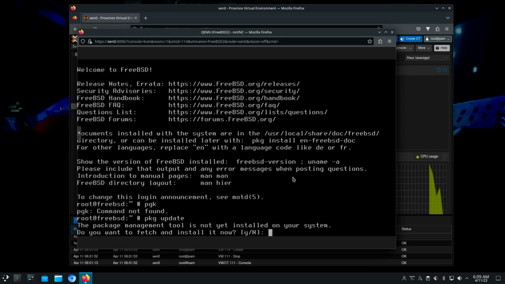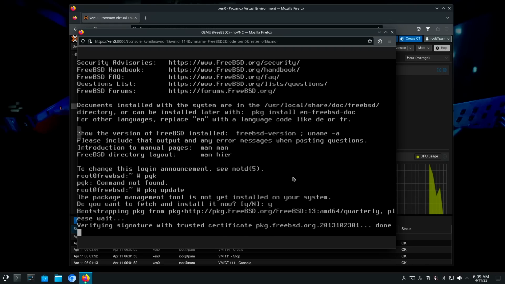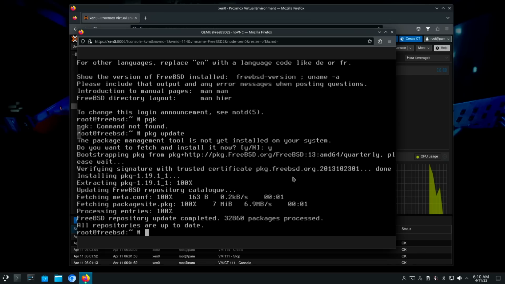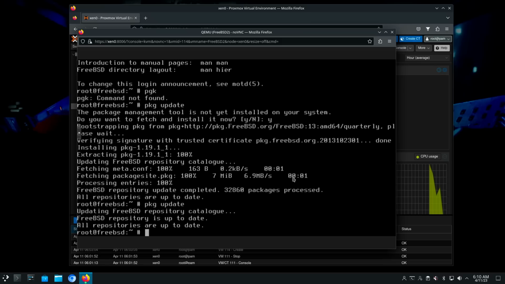And then it says, hey, the package management isn't installed yet, so I'll need to fetch it and then get the certificate and then download the metadata for the packages. So we should be okay here. So we can go ahead and do an update, make sure that we are up to date. We are. So the next thing I want to do is,